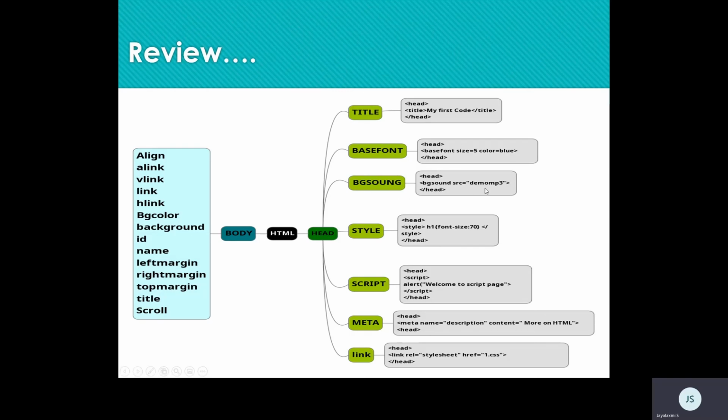And bgsound in order to give background music for a page. Style and script: style is used to put on a CSS style for a page, that is, if you want to change some templates in format, then we'll go for CSS styles. And script in order to add any client side scripting. Meta in order to add the description for the element, and finally link to relate the document with other HTML documents or CSS documents.